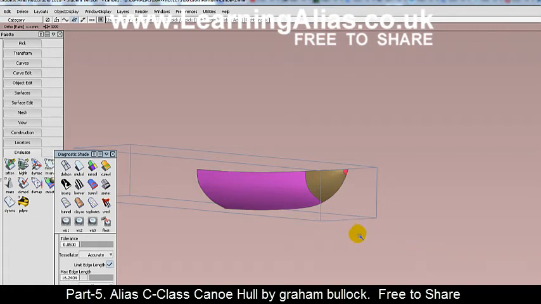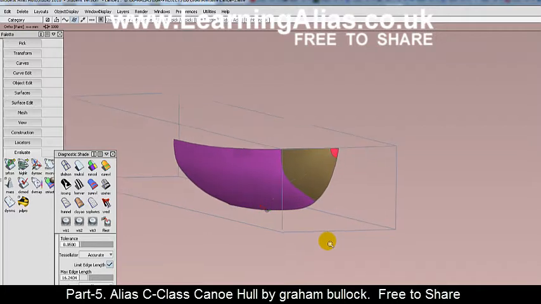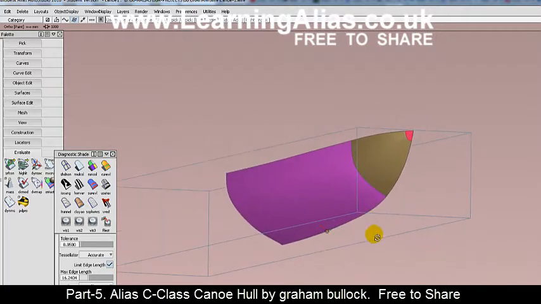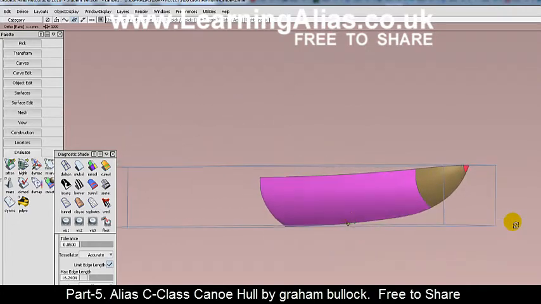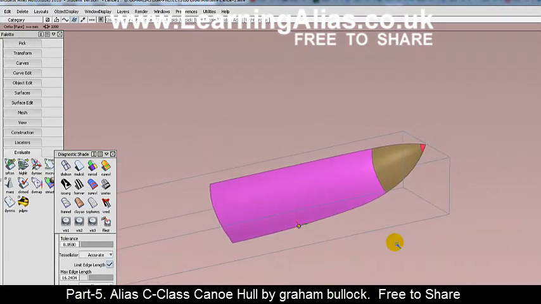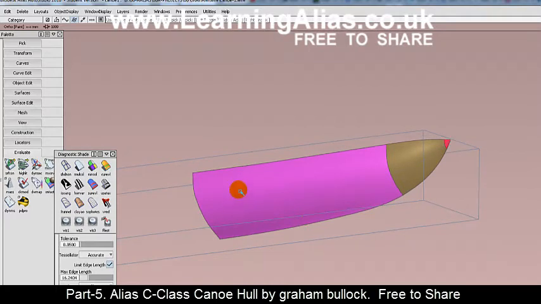Hi, welcome to part 5 of the CANOE C-CLASS tutorial. So this is the part we've already built in part 4, and then I've built this